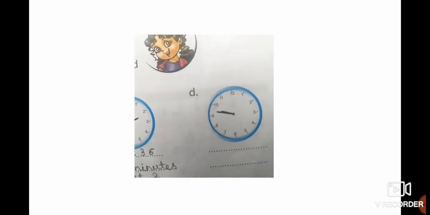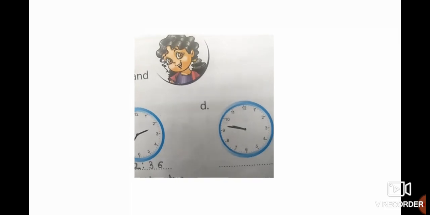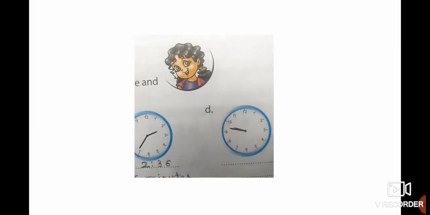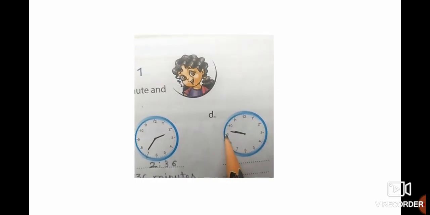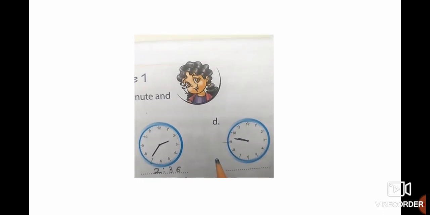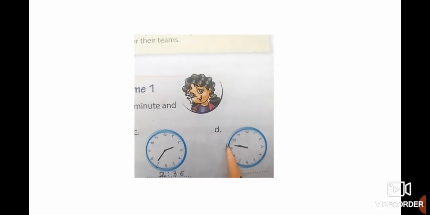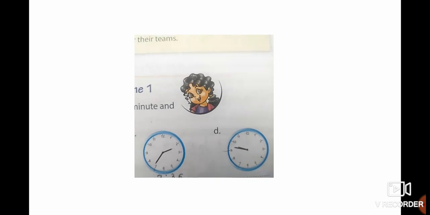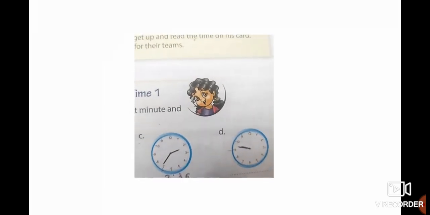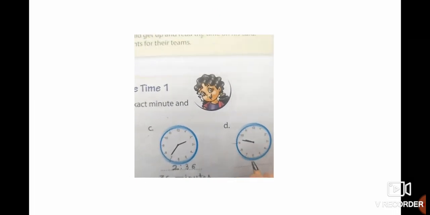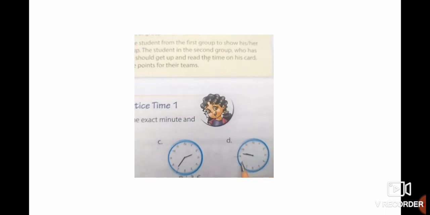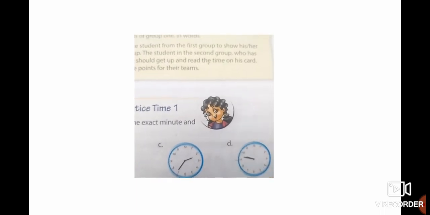Our hand we can see it is there between 9 and 10, and the minute hand is there after 9 on the second line. After 9 on the second line, that means when the minute hand comes on 9, at that time we know it completes 45 minutes, right? And it is there 2 more minutes forward. So 45 plus 2, 47. So we are going to write 47 minutes have passed after 9 o'clock. We can see that the minute hand has completed 47 minutes after 9 o'clock.